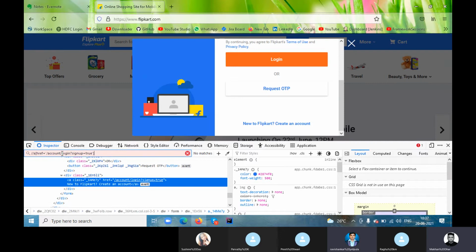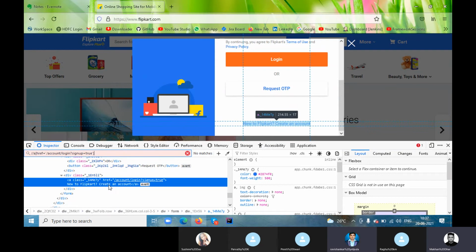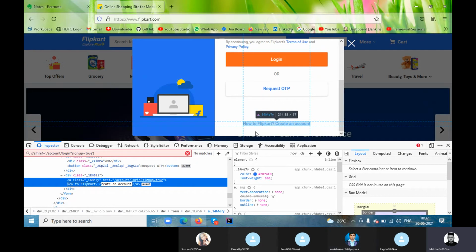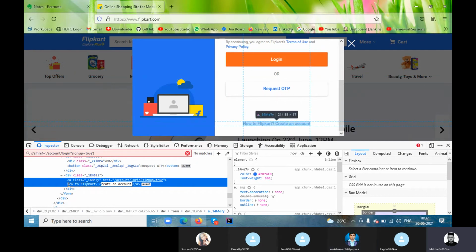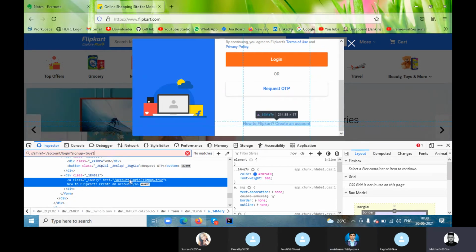So what have we done wrong? We took the value of this, but it is not coming. Now you can see another value. This is also a text, right? So using text also we can create. I will cover both. But it is not coming. We took this, but we are not getting it, right?